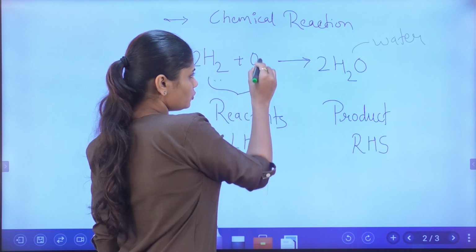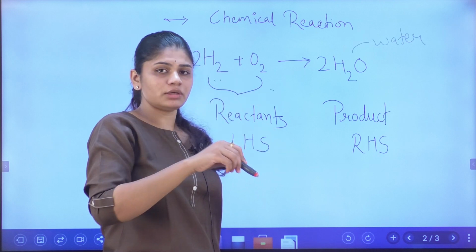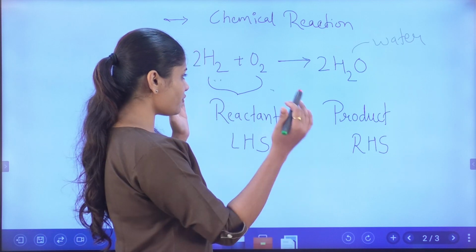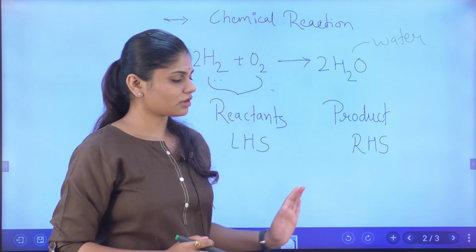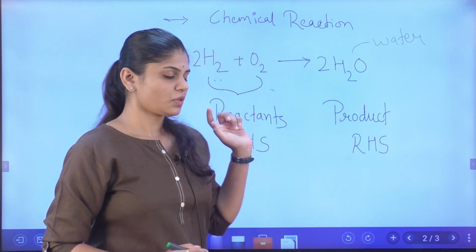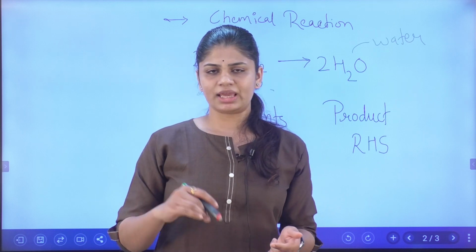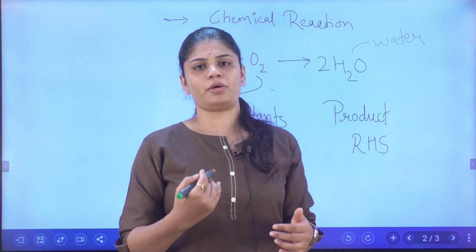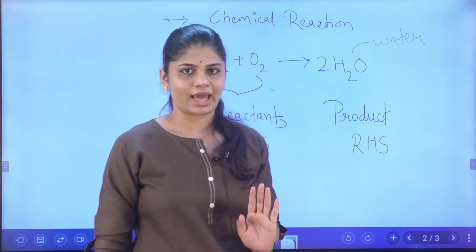The two molecules are combining, meaning it is the formation of a bond between the hydrogen molecules and the oxygen molecules, and with this bond formation, the product will occur, that is water. Which product are we getting? We are getting H2O, that is water. Fine. So basically chemical reactions are nothing but the formation and breaking of bonds between the atoms and molecules, and we are getting several products from them. So this is all about the chemical reaction that we have discussed.